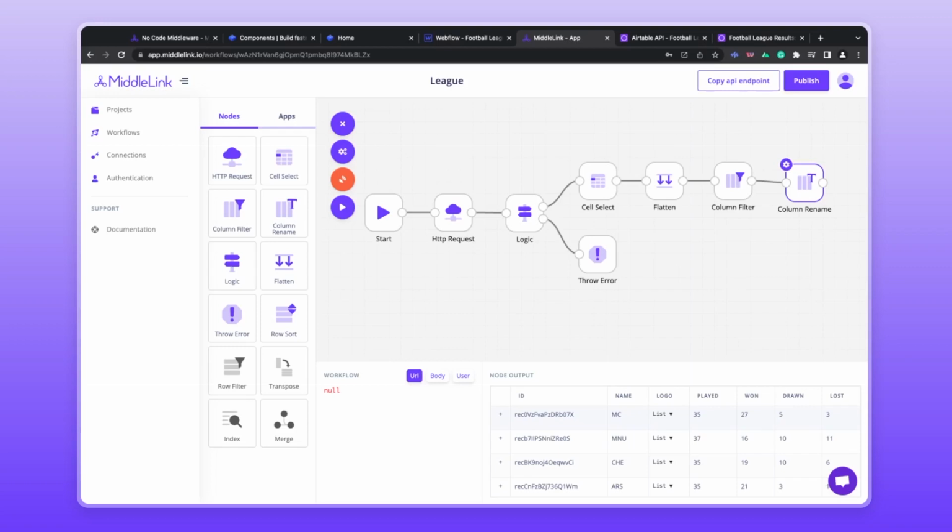Before we do that, we're going to want to publish our workflow. So I'll click the publish button,